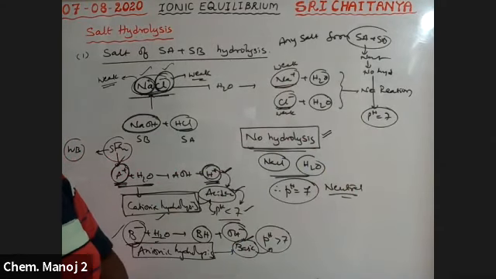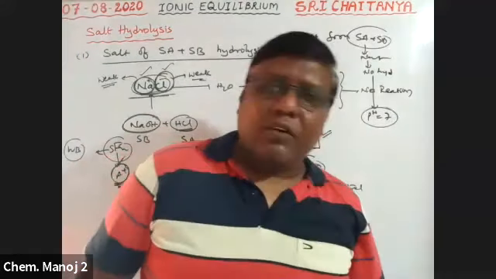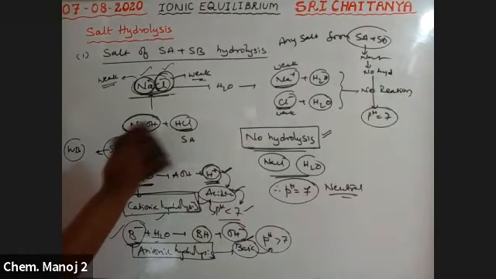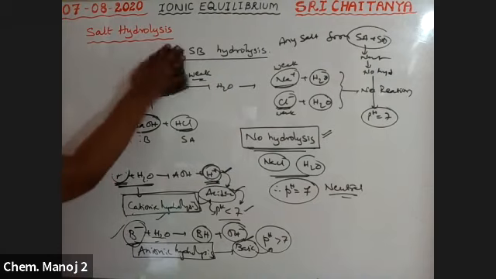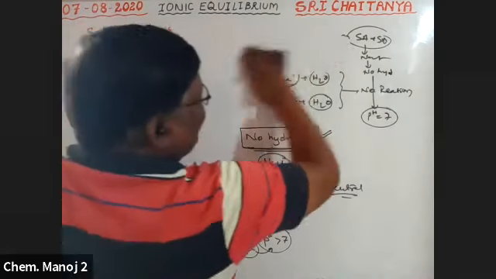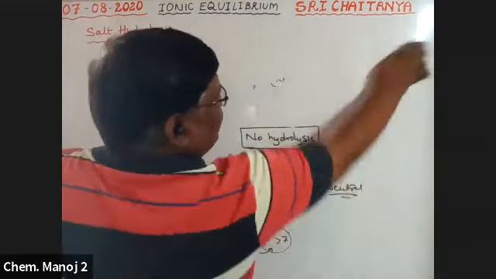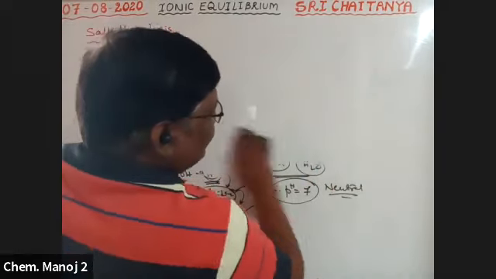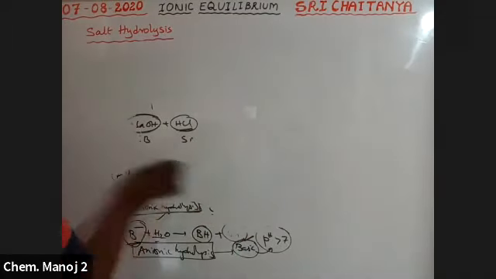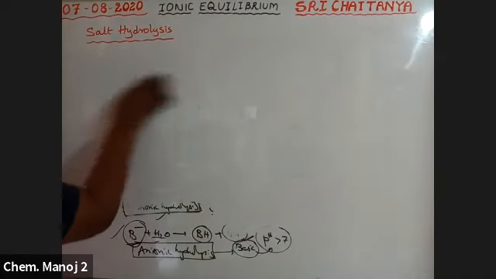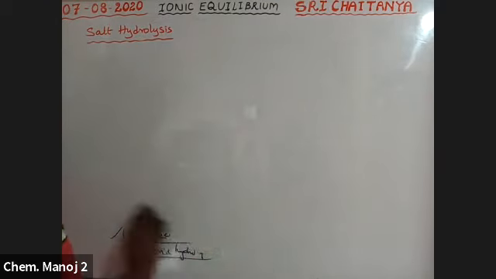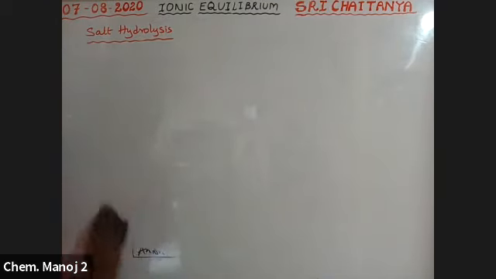That means no extra H plus ion is coming out, no extra OH minus ion is coming out. The number of H plus and OH minus ions originally are equal, here also equal. Therefore, those salts are not involved in any chemical interaction with water, which means the salt solution is neutral. Therefore, pH is equal to 7. So the salt coming from a strong acid and strong base is always neutral, pH equal to 7.